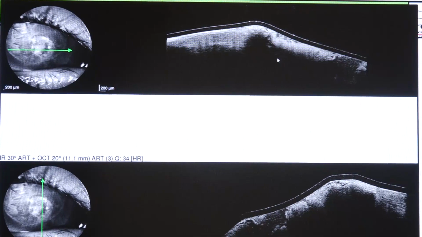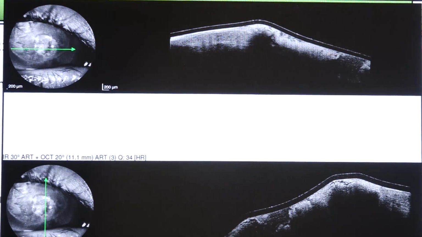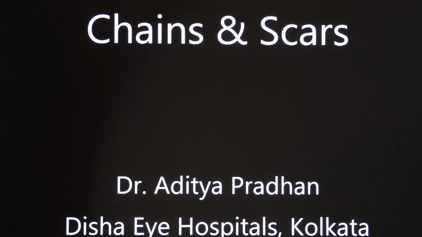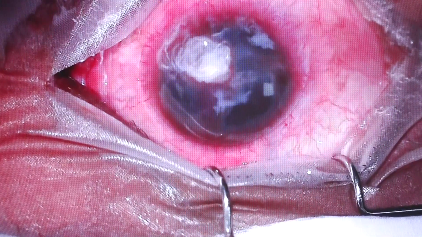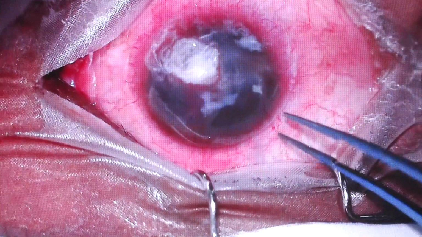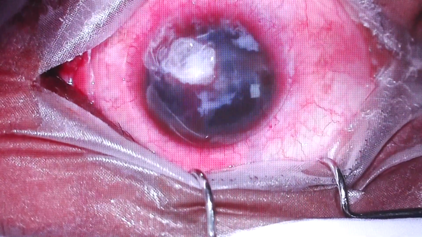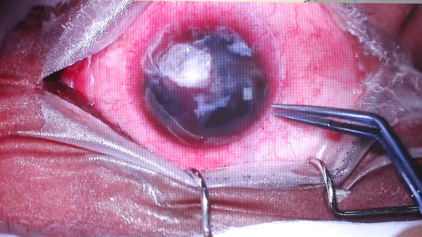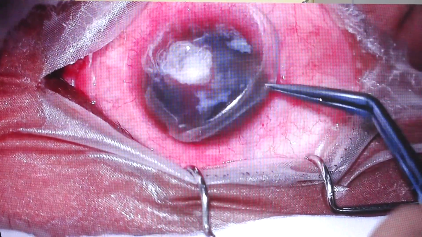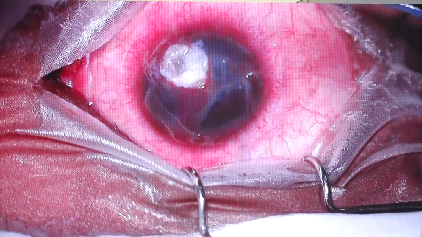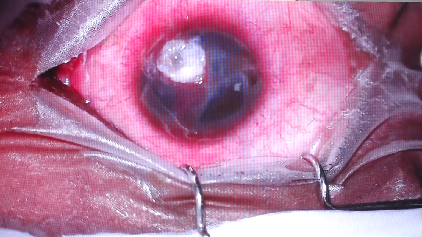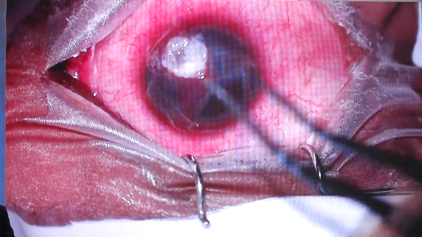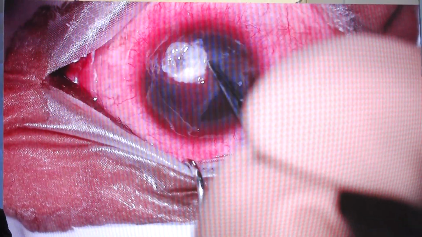So we took up the wound to be explored in the OR. I have a short video of this. The BCL is now being removed. The plan was to remove the chunk of glue and then see what was below it. The patient was adequately counseled that he may need a fresh surgery or something else. We were not sure what to expect. So once the chunk of glue came off,